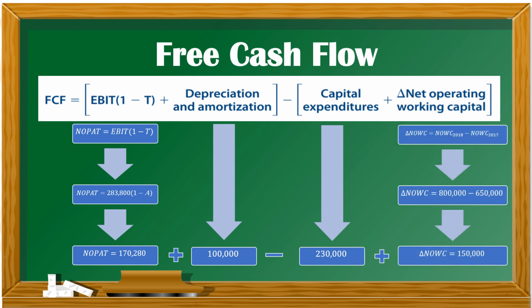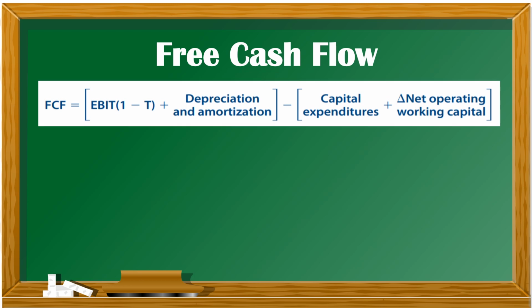the NOWC, or the net operating working capital of 2018 less the NOWC of 2017, which is 800,000 minus 650,000. So we have here a result of a change in net operating working capital of 150,000. And we have a free cash flow of negative